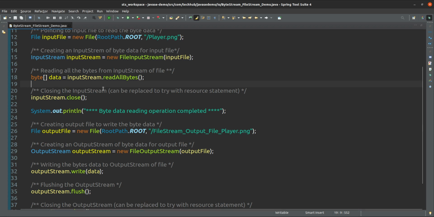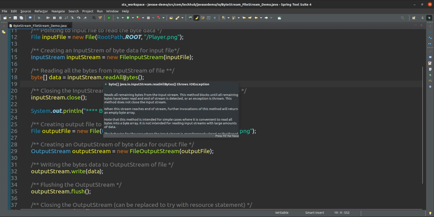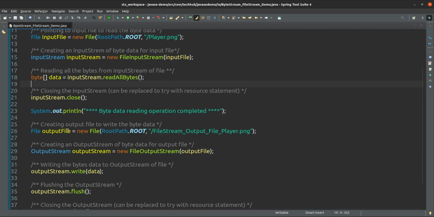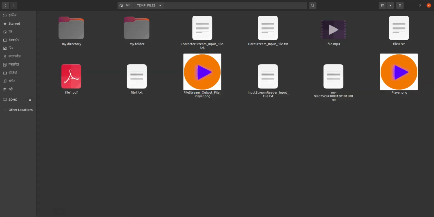We will read some bits, and those bits we will write. If your file is more than 10 MB, 15 MB, 16 MB, or 100 MB, you should not read all the bytes in the same statement. You should read some bits in the form of sections, and read that section and write that one. Read and write, read and write, we have to do those operations in parallel. We will see that in a separate class. Okay, so this is about the file input stream.